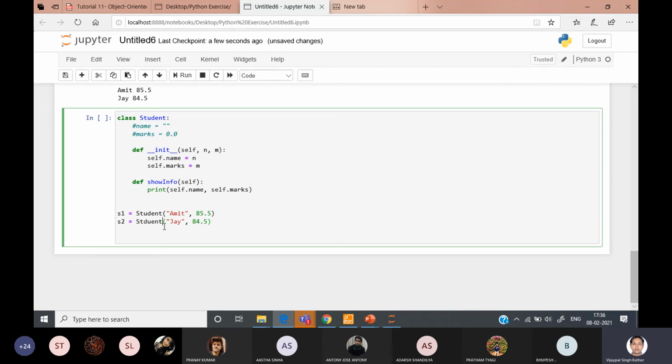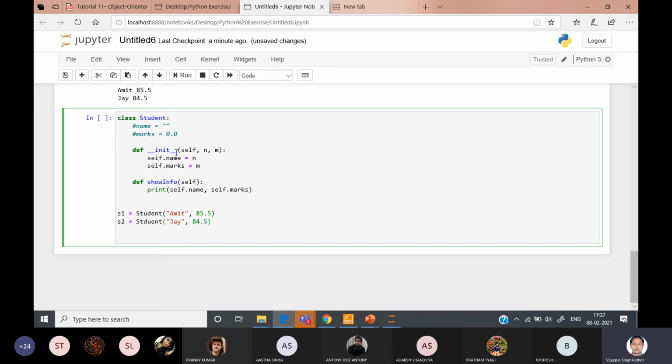Here now we have written this student with two arguments. No function we have defined with two arguments, but the init function will be treated as a student function automatically. So in object oriented programming, when we are writing a function with the same name as the class name, then this function will be treated as a constructor function.